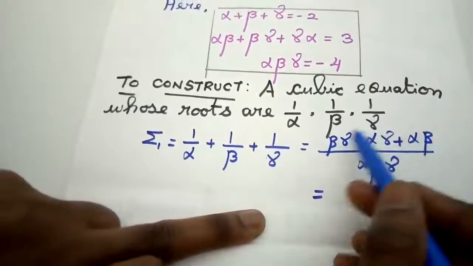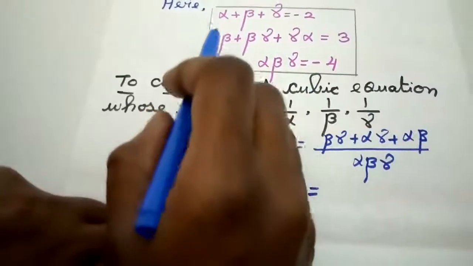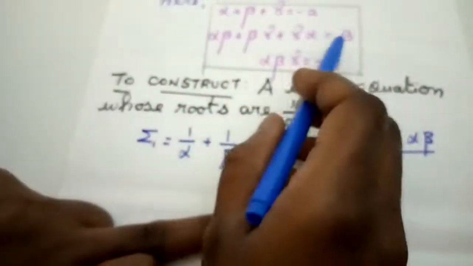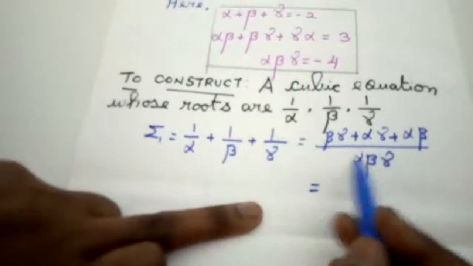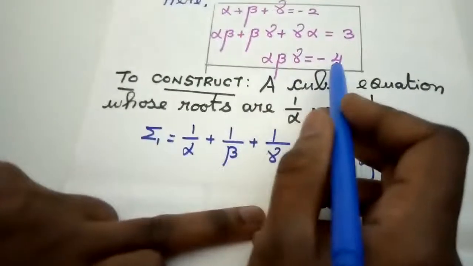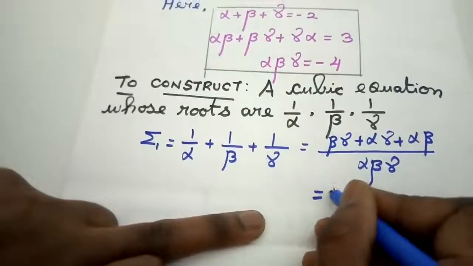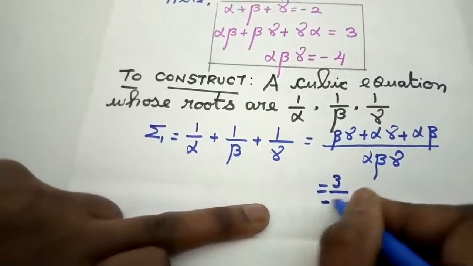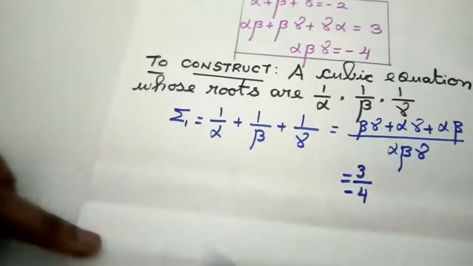Now, just see here, students. For this particular numerator part, I am having the value here. So what is the value? 3. And the denominator part, alpha, beta, gamma, I am having the value as minus 4. Just substitute the value, that is 3 divided by minus 4. Coming to summation 2,